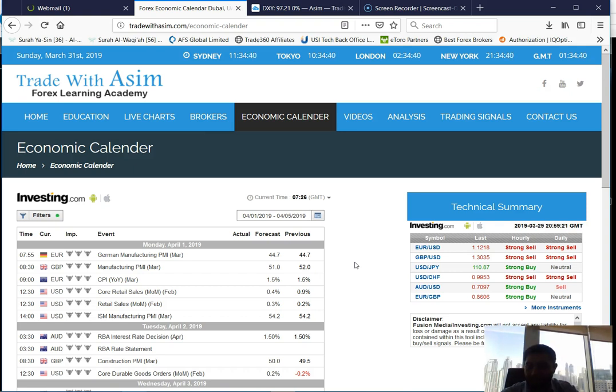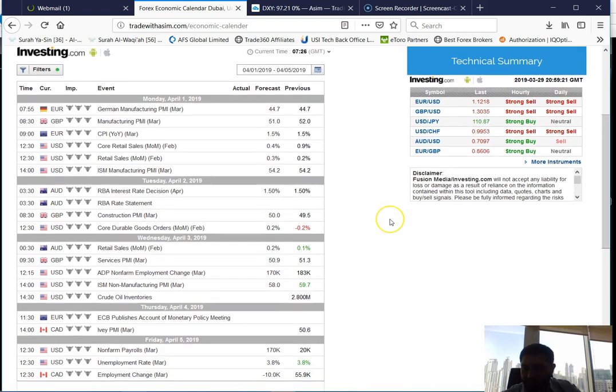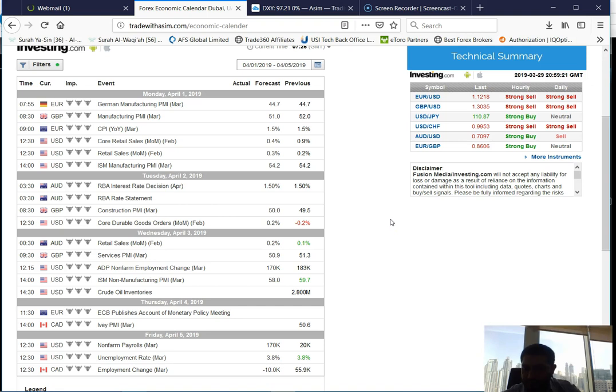Starting my analysis with the economic calendar, as you can see, we have German manufacturing PMI and British manufacturing PMI as well. The core CPI report is there from the Eurozone, retail sales from the States, and manufacturing PMI on Monday. On Tuesday, we have the interest rate decision and RBA statement from Australia, construction PMI from Britain, and core durable goods orders from the States. On Wednesday, we have retail sales from Australia, services PMI from Britain, and non-farm payroll change from the States,